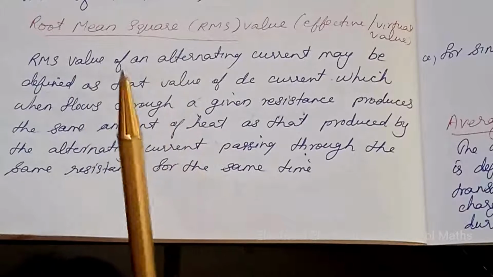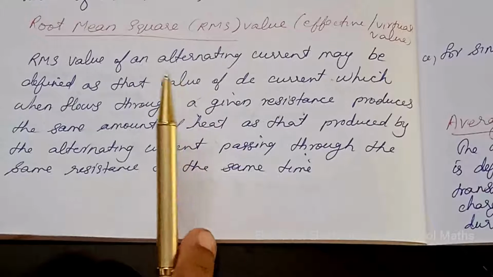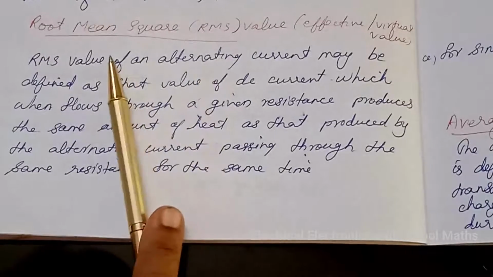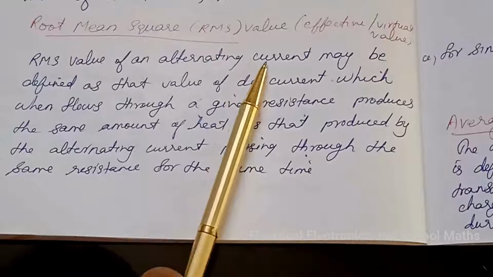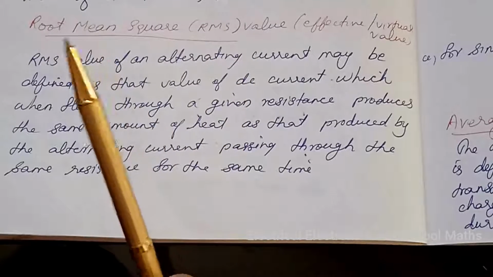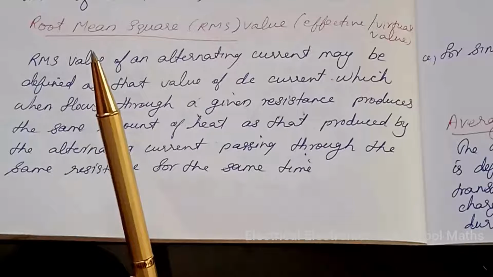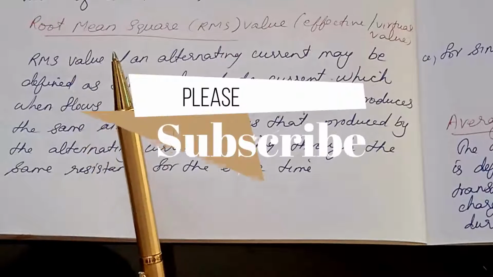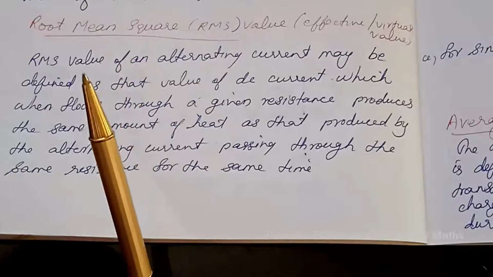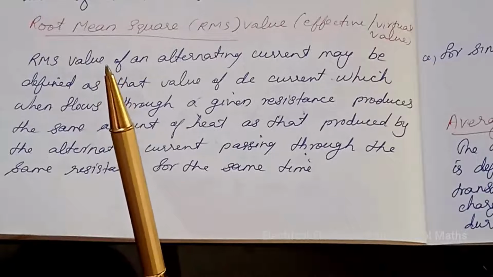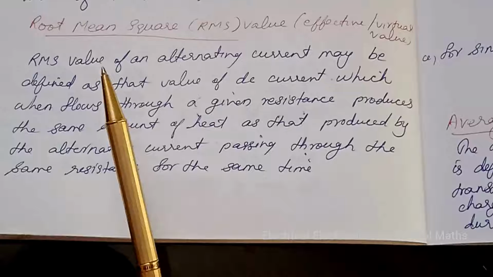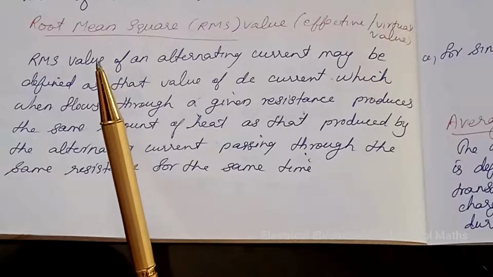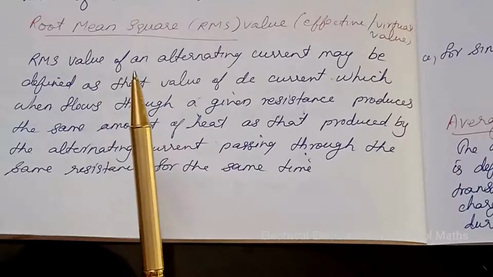Today's class is about RMS value and average value of an alternating quantity. Let us go through RMS value, or root mean square value. An alternating voltage or current can be expressed in terms of its instantaneous value, peak value, or RMS value. However, the alternating voltage or current is most commonly referred to by its RMS value. This RMS value of an alternating current is based on its heating effect in an electric circuit.